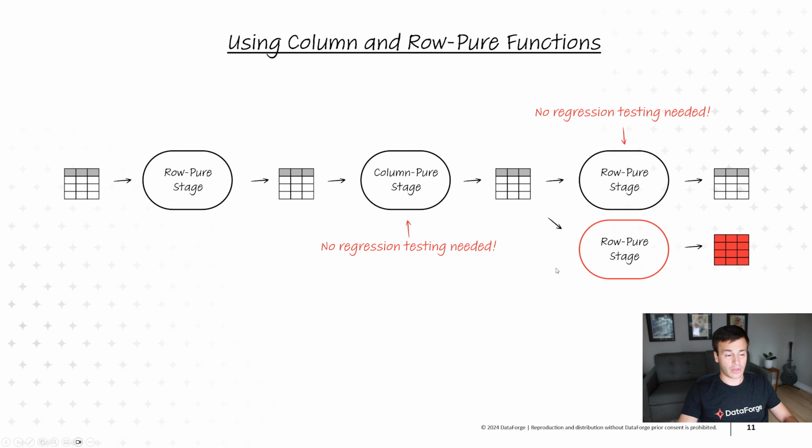So hopefully this video gives you a good overview of exactly what we do to break down the logic within DataForge. We have a lot more material around this, but fundamentally, the major concept to think about when working in DataForge is that with the really old stuff, you had to think about everything all at once. DBT and Spark introduced the concept of immutable tables. We at DataForge, now with this introduction of breaking down your logic into column and row pure functions, and thinking about your logic in a way to get as much stuff into this column pure fashion as possible, can then take things at the column level, and you can think about immutable columns rather than immutable tables,